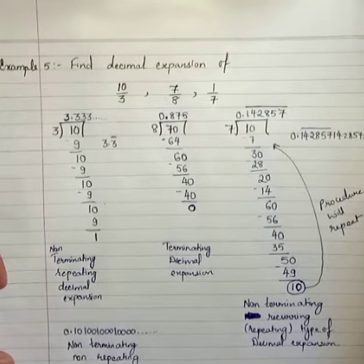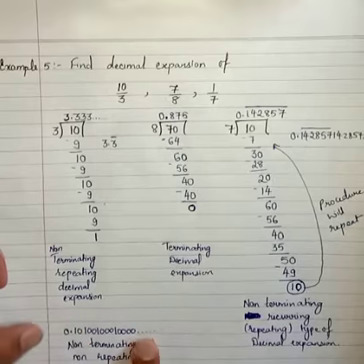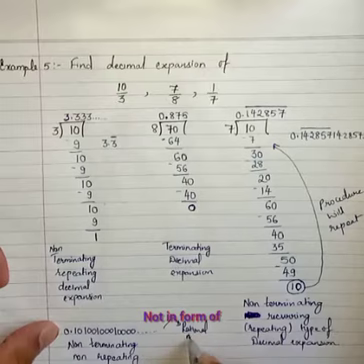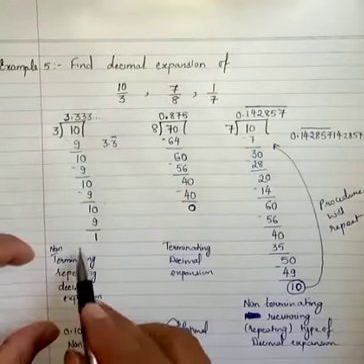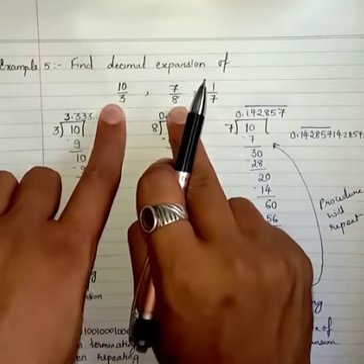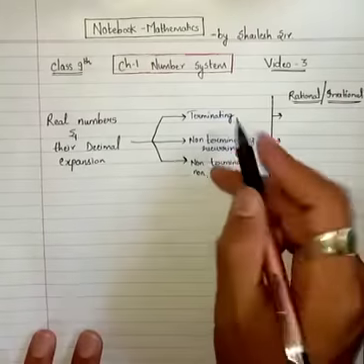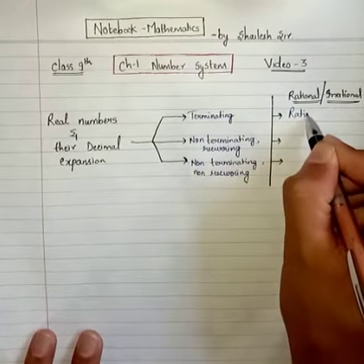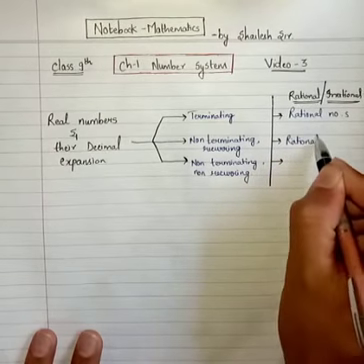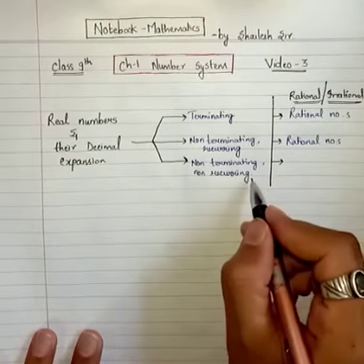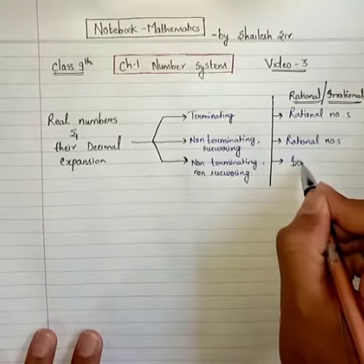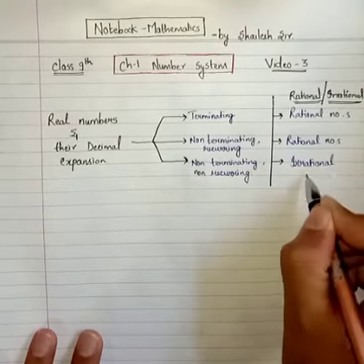decimal expansion. So far we have seen that for this we have not mentioned this number in the form of a rational number, right? So these two, that is non-terminating repeating as well as terminating decimal, are in the form of a rational number. That means these two are rational numbers. But this is not rational. So as we cannot write this in the form of p by q, this will be an irrational